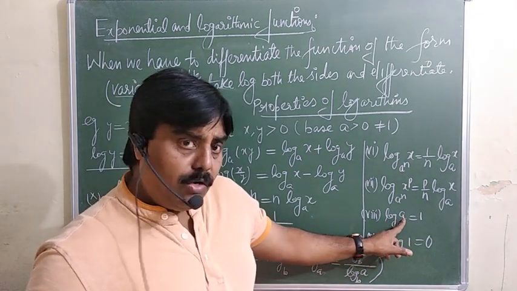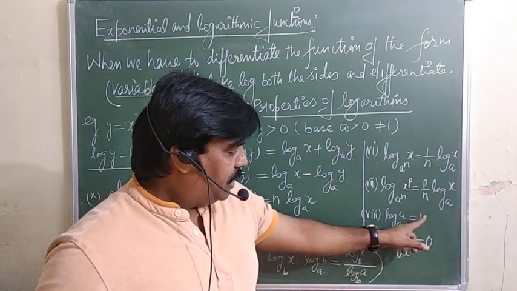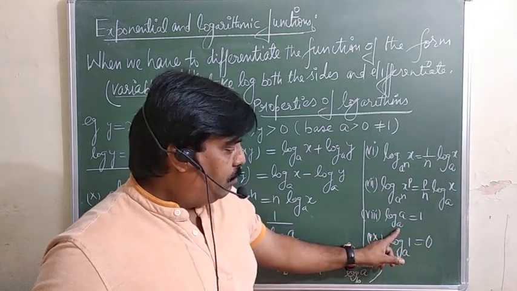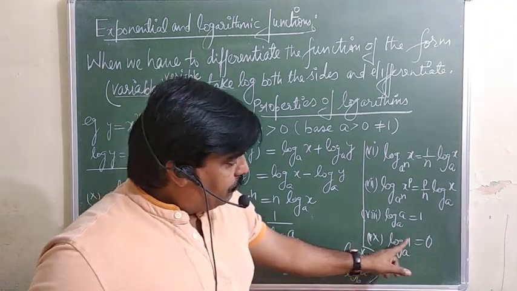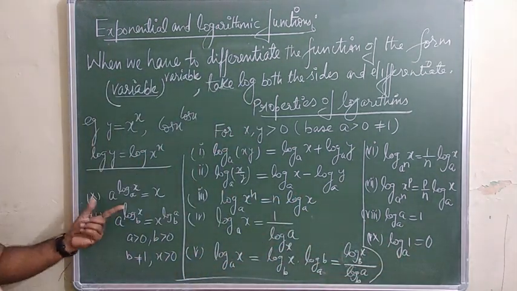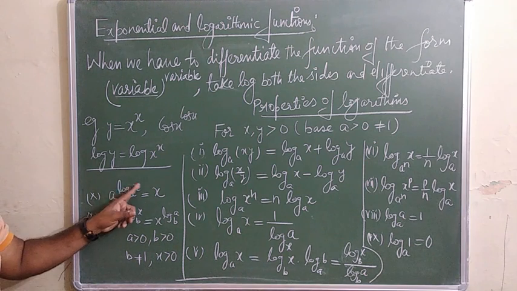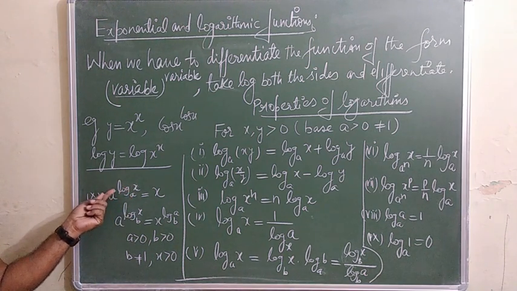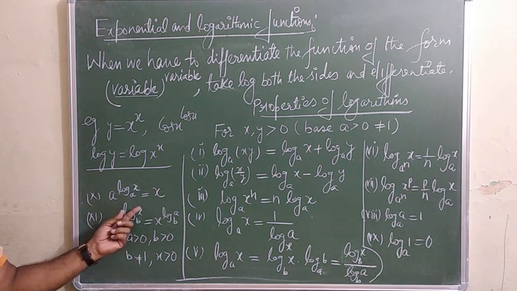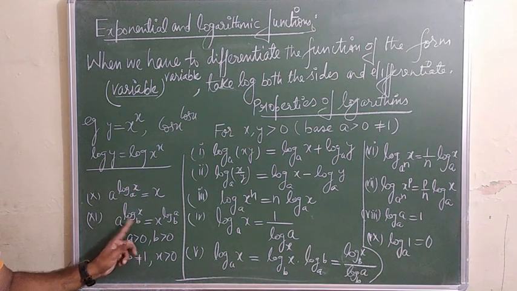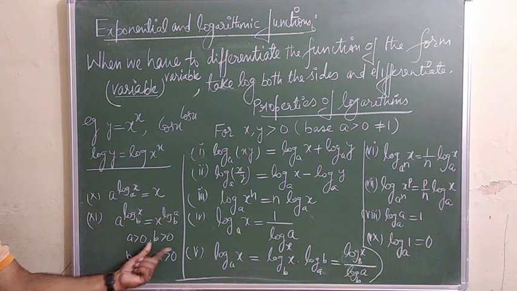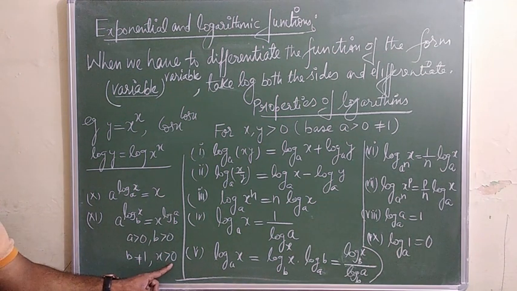If the base and the value here are the same, that is always equal to 1, means you can say like log 2 at base 2 will be equal to 1, log 10 base 10 will be equal to 1. But the value of log 1 is always equal to 0 at any of the base a. Just few more. A whole raised to power log x base a, whatever is the value here, जो यहाँ value है वही base है, that is always equal to this x. Similarly, a raised to log x base b, base is different from here, that can be written as x raised to log a base b. But a and b must be greater than 0, b should not be equal to 1, and x should be greater than 0.